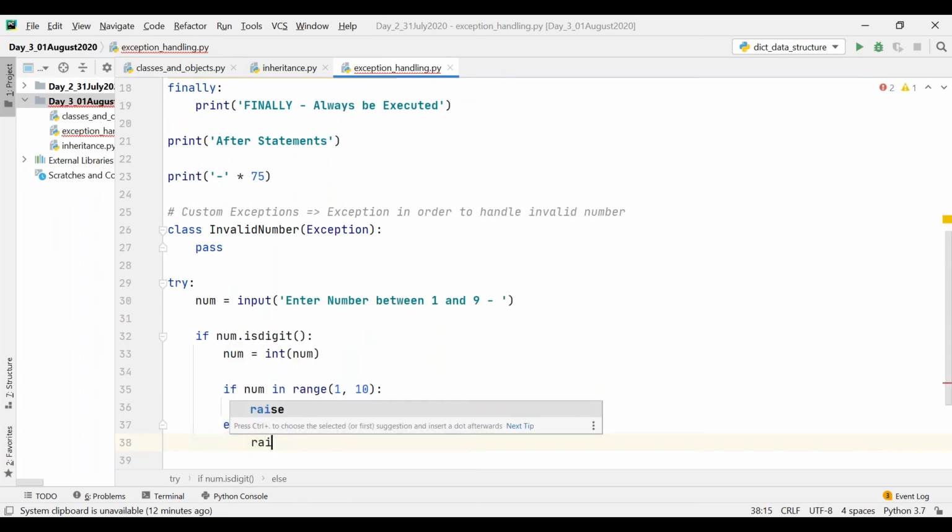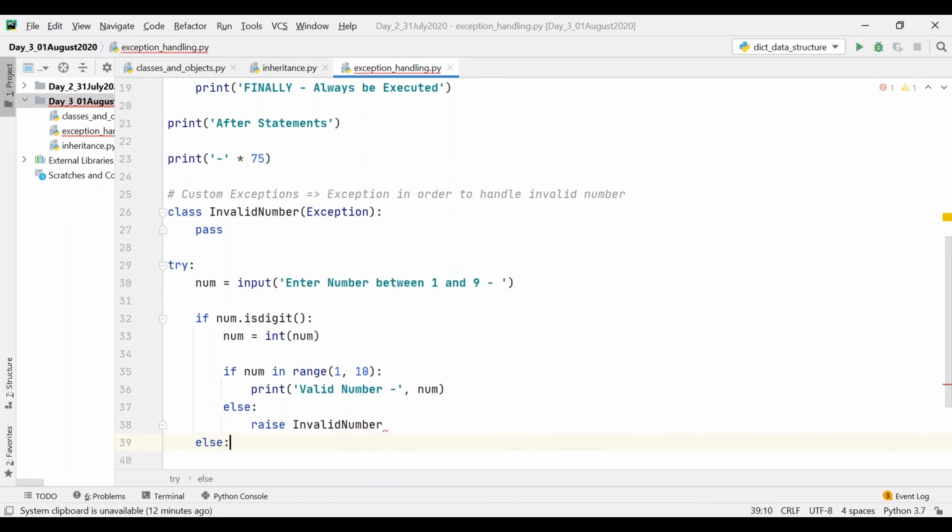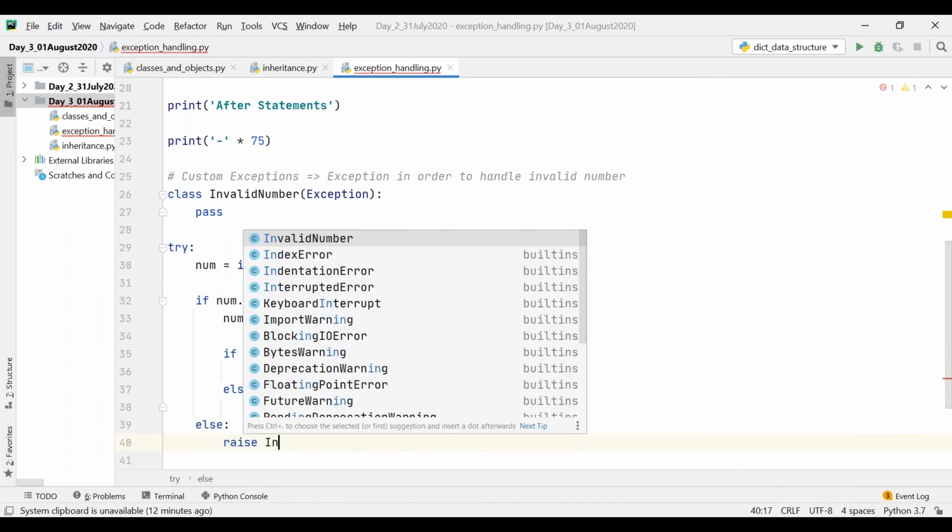I can raise the exception, raise InvalidNumberException. Also, if the input has any other characters apart from digits, then also I am going to raise the invalid number exception.